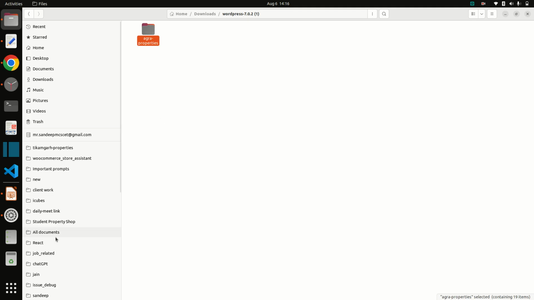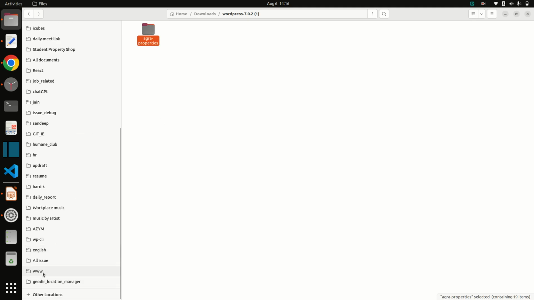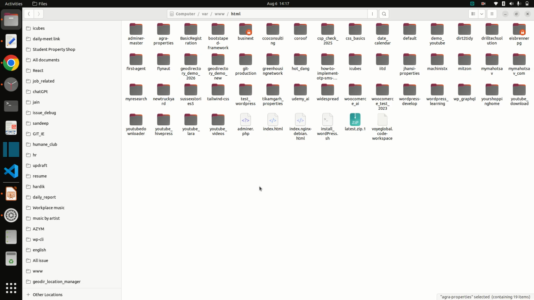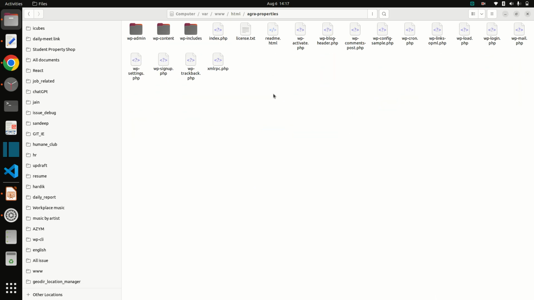Now cut it from here and put it in the www folder, inside html, and paste.